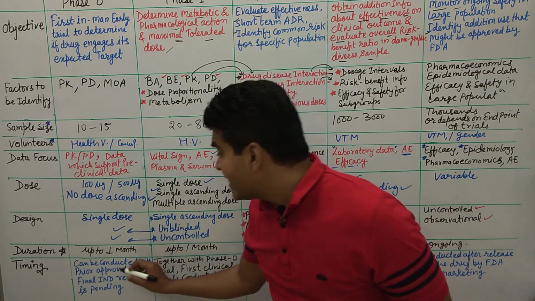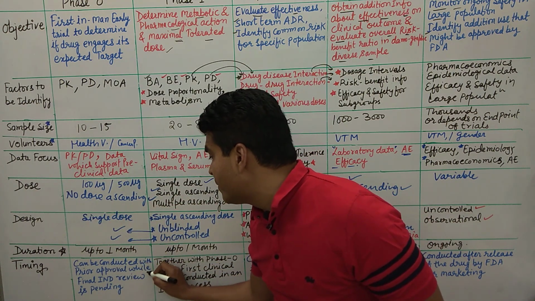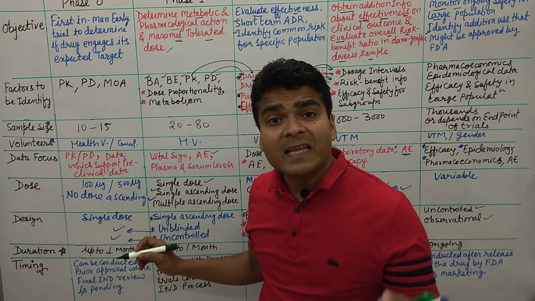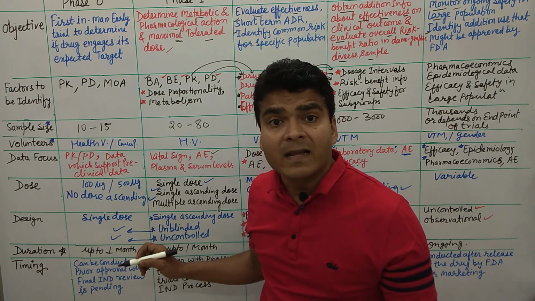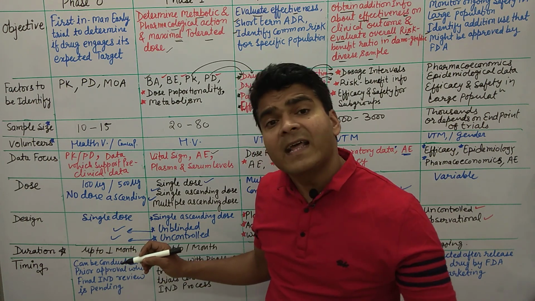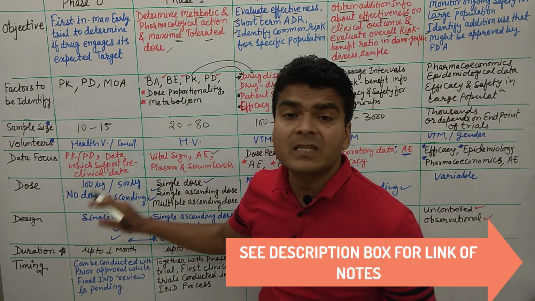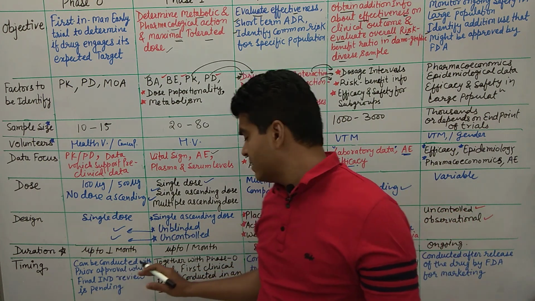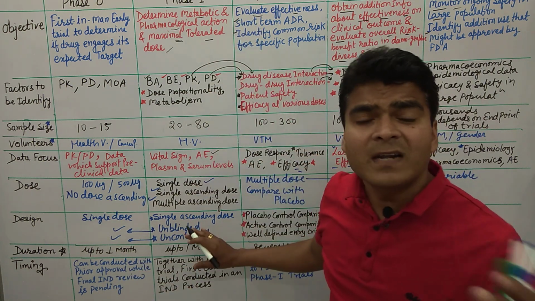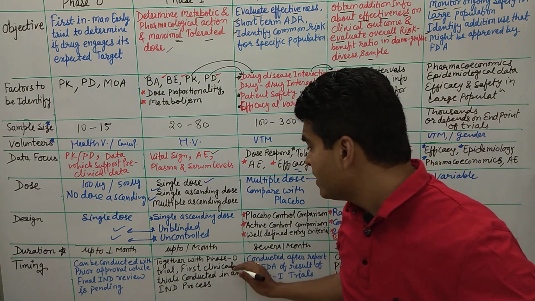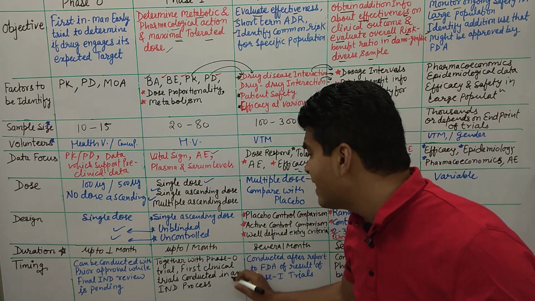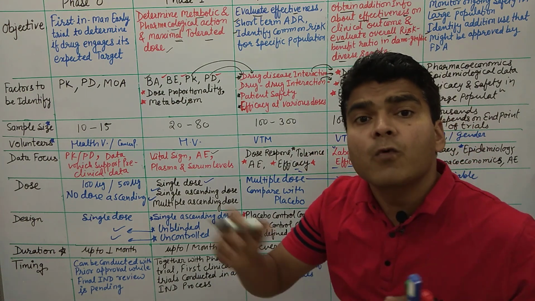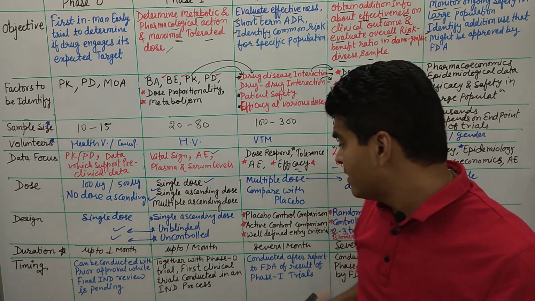Now just understand the timing, when we can start the phase 0 trial. It can be conducted with prior approval while final IND review is pending. When the IND, investigational new drug application, is pending and not approved, at that time we can also start phase 0 trials. So before IND approval we can start these trials. And phase 1 trial can be started with phase 0. The first clinical trials are conducted in an IND process. जब IND process approve हो रहा होगा तब भी हम phase 1 को start कर सकते हैं.